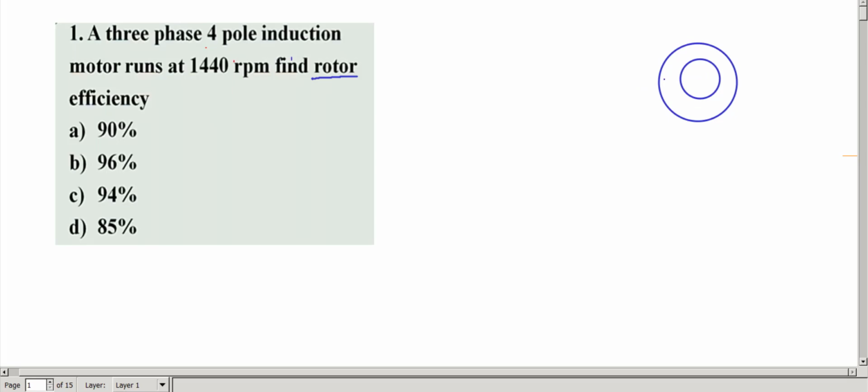rotor. Okay, so rotor input power or air gap power is same. If you see here, rotor input power or air gap power is to rotor copper loss is to gross mechanical power W, that equal to 1 is to S is to 1 minus S, where S is the slip. So idana namak therinjanda slip equal to Ns minus Nr by Ns, where Ns is the synchronous speed, Nr is the rotor speed.